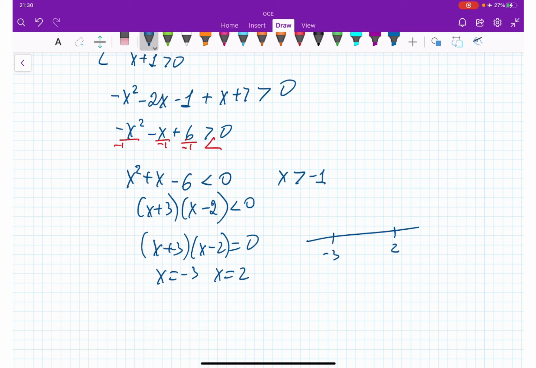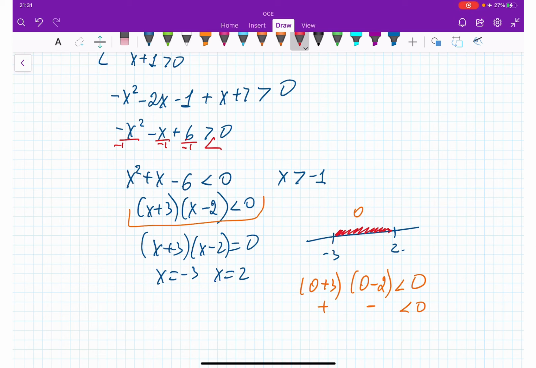So what is going to be the result? Let's check it. We have to watch, so it would be less than 0, right? I'm taking 0 in between. So 0 plus 3, 0 minus 2 is less than 0. Let's see, this is positive, this is negative. Yes, less than 0. So the correct answer is between